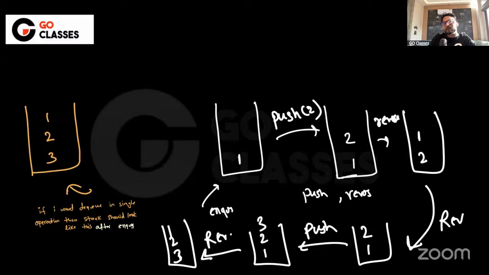Since this is just one element, the initial reverse doesn't make any sense. You can directly push, but as code, I should be first reversing, and you have seen why. Because my ultimate aim is to leave it like this. So if that is the case, then if I NQ 1, that's not an issue. I can push it. If I NQ 2, then I have to push it and reverse it, right?